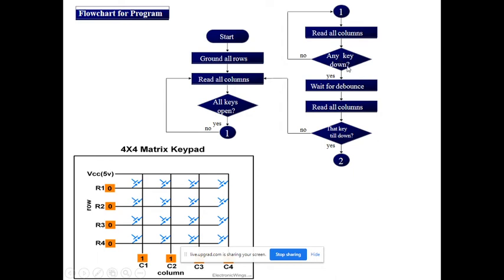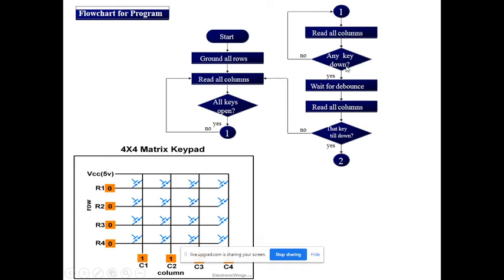If any key is down, then proceed next, otherwise remain in the loop. Means our keypad is running condition, controller is running condition, output device is running condition, but till the customer has not pressed any key, it will remain in the loop. Suppose no key is detected, you will remain in the loop.